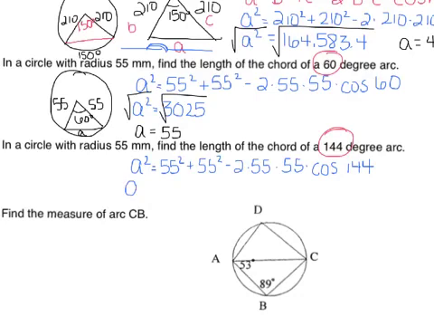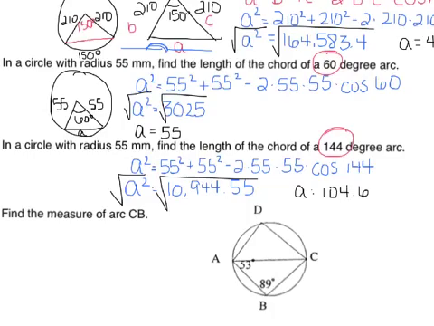I end up with a squared equals 10,944.55. Take a square root, and I get about 104.6 for my final answer, which again